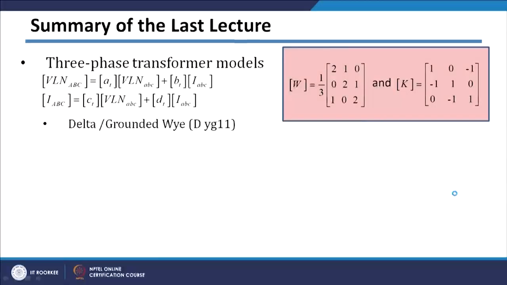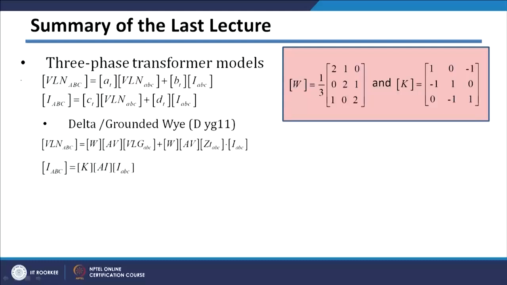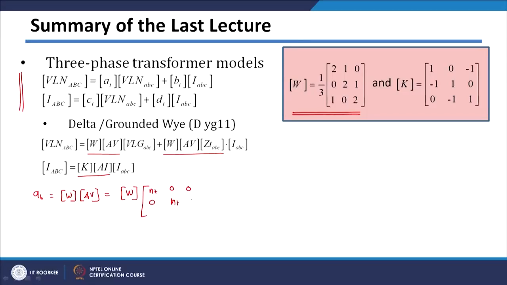In case of delta grounded Y, we had got these expressions, and if you compare them with the standard equations of transformer modeling, we can see that this is your A parameter, this is your B parameter, and this is your D parameter. So your AT parameter will be nothing but your W matrix multiplied by AV, and we have seen that this W matrix is given by this matrix here. In this case I can keep W as it is, and the AV matrix is nothing but NT on the diagonal entries. So NT can be taken out common, and then it becomes a unity matrix. So this will be just NT multiplied by W, and in case of BT it will be W multiplied by AV, which is again